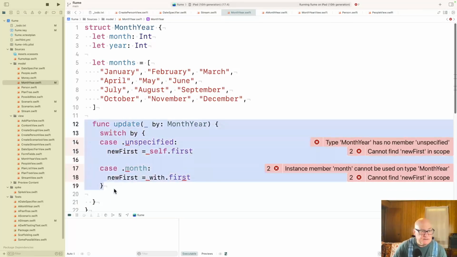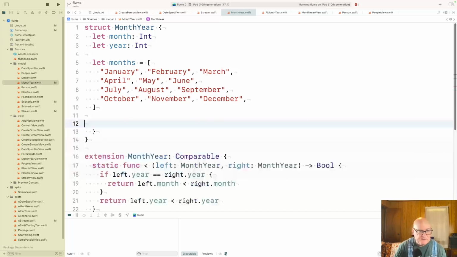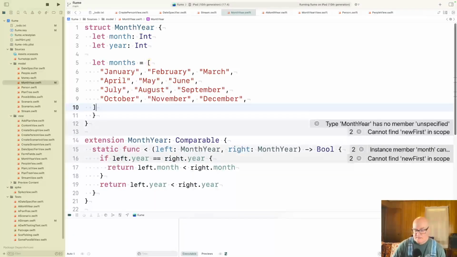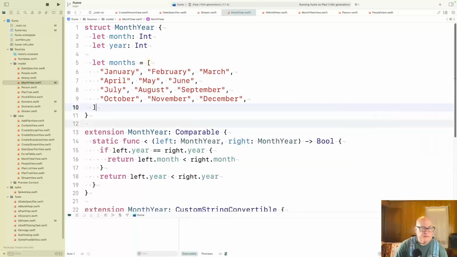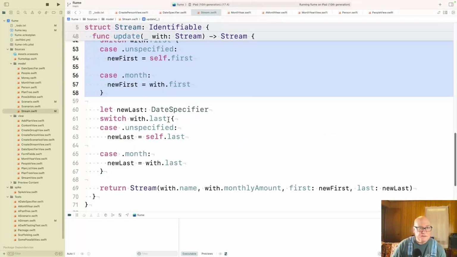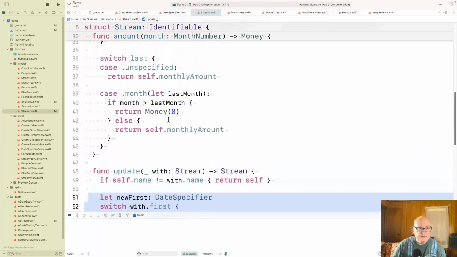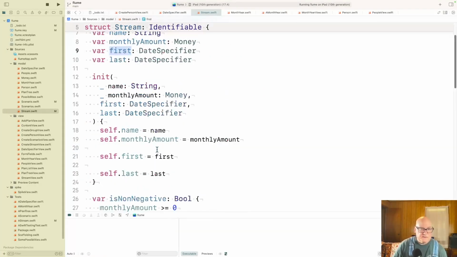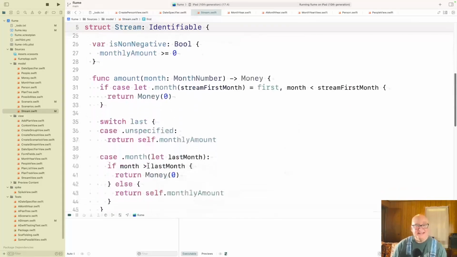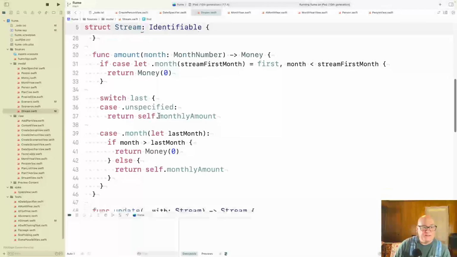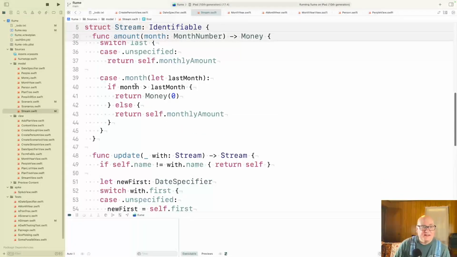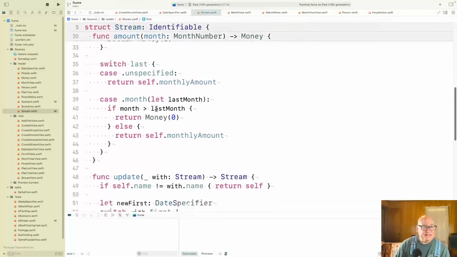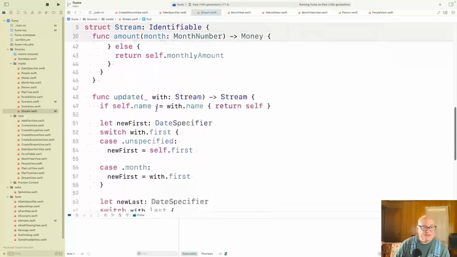Okay, let me back this out. Stream. What's first? Date specifier. Oh, that's the wrong class. Okay. All right. It's not month year, it's date specifier. Okay, so update